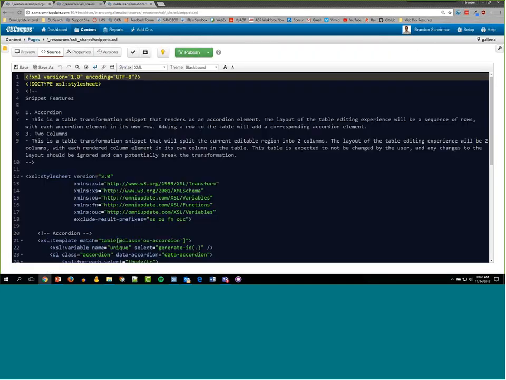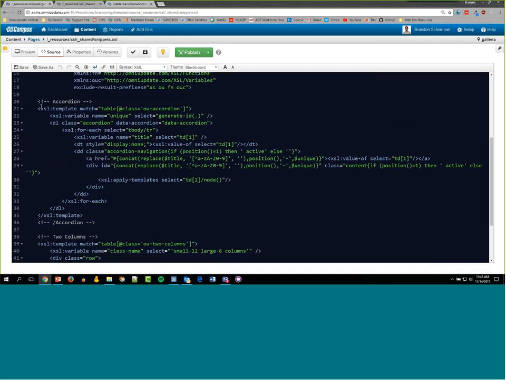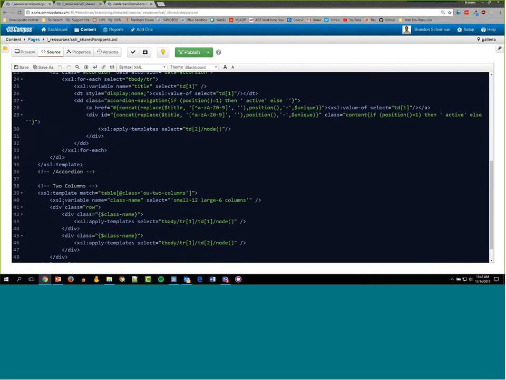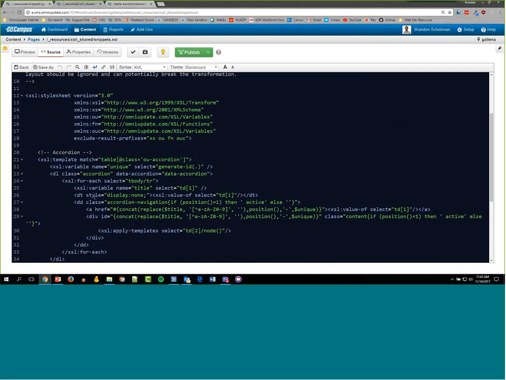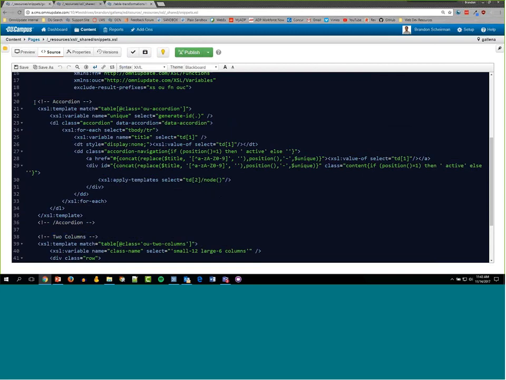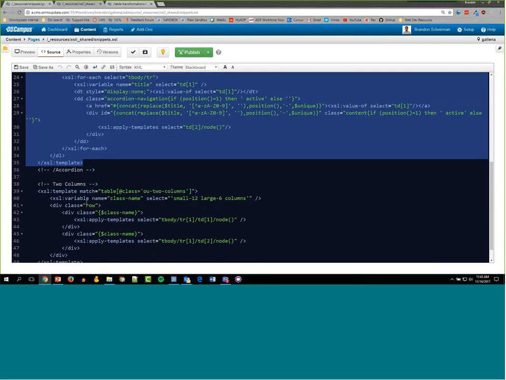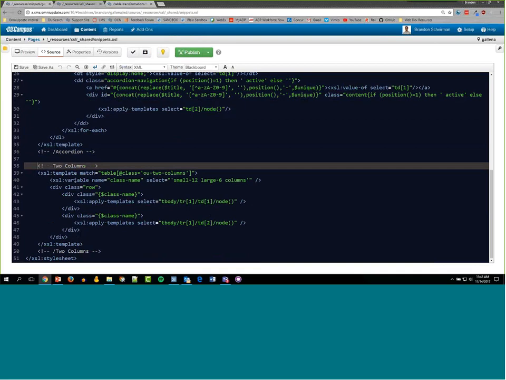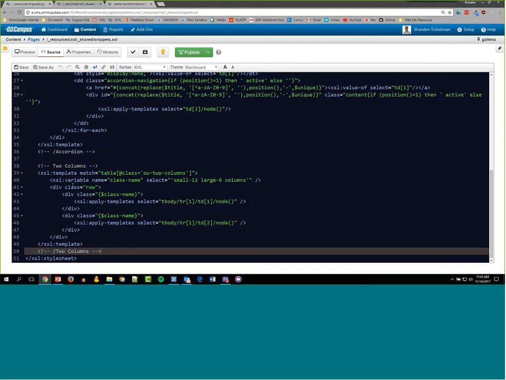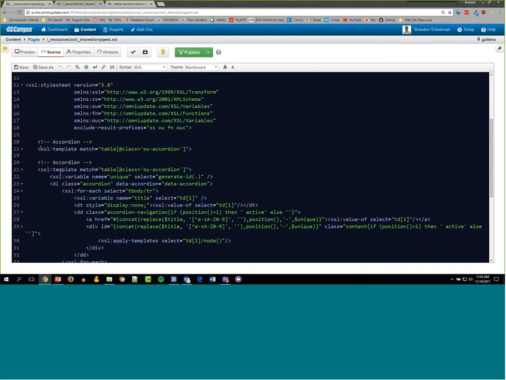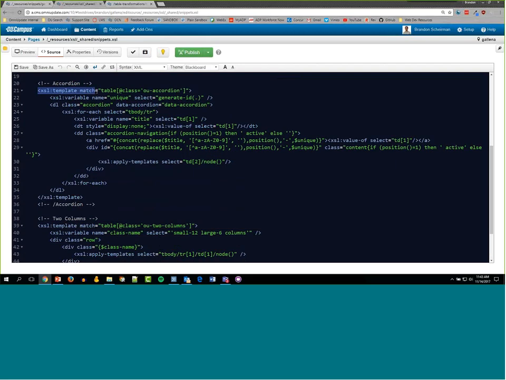And snippets.xsl contains little pieces of code that are going to act upon each one of the table transformations that we have built. These are the 2 table transformations that we currently have. We have the information for our accordion right here, and we have the information for our 2-column layout right here. If we take a look at the 2-column layout, you can see that there is an instruction right at the beginning that's called an